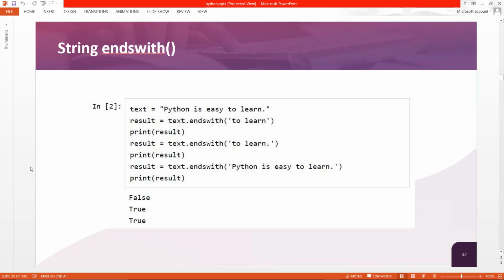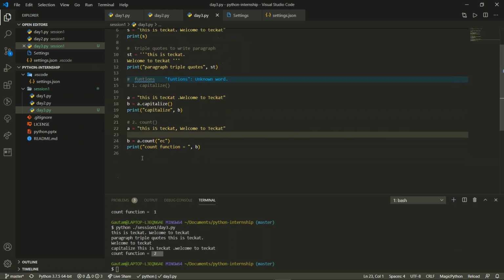Ends with. Now, what is ends with? Ends with is also the same type of function like count. It also takes the main string over here with a dot operator, and over here you pass the data that you want to check, the checking data. Whatever you pass over here, it will check at the end. If it matches at the end, then it will give you a true or false value in the output. Either it will give true or else it will give false. So let us check again. Let us execute this.